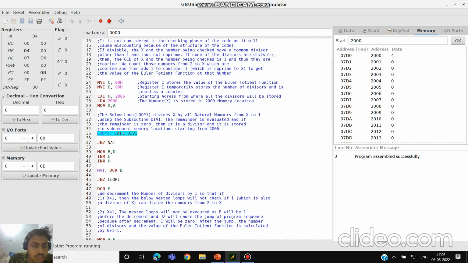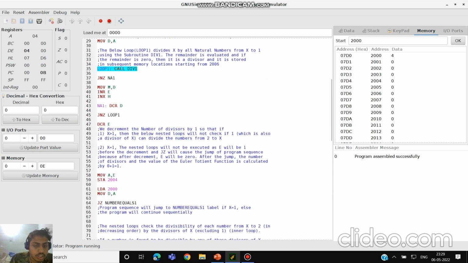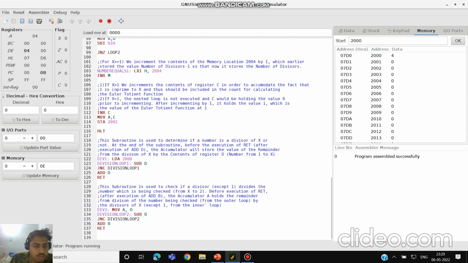We can see now. So here loop 1 will call the subroutine div 1, which is below here. Here it is. So let us execute it. Div 1 will load the accumulator again with 2000, that is the number x. Repeated subtraction will occur and it will keep on subtracting D until we get a carry. Then we have to add D again to actually get the remainder in the